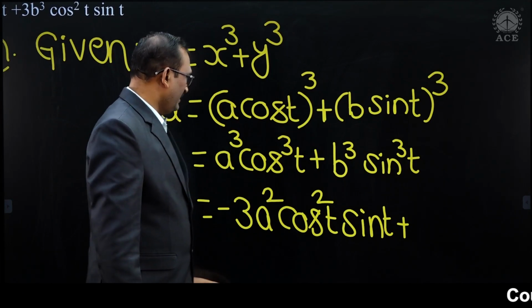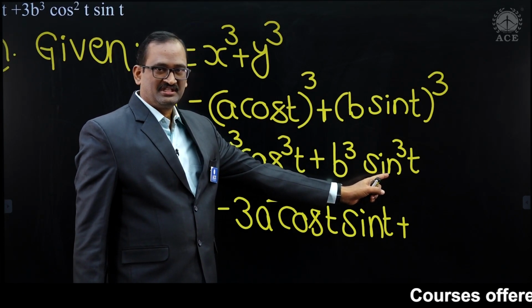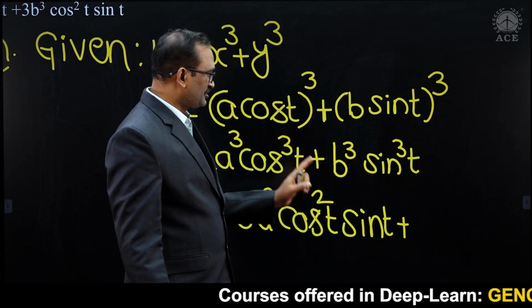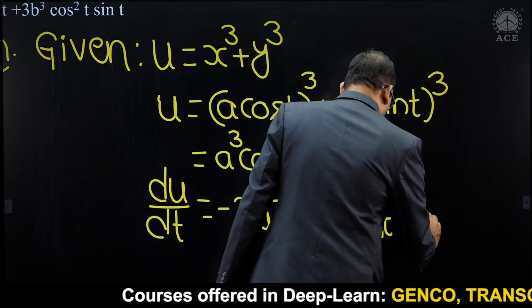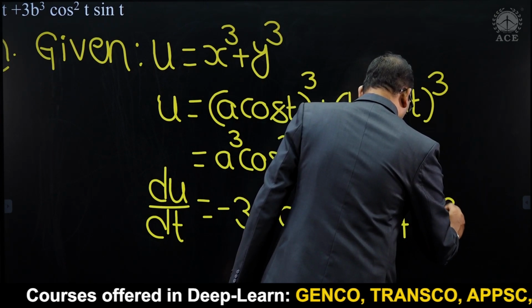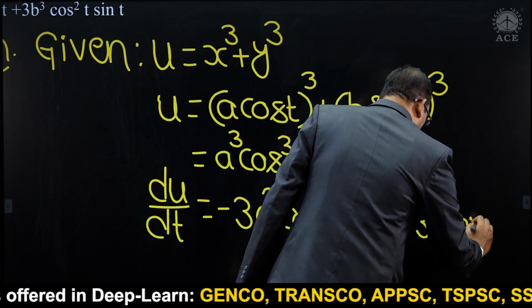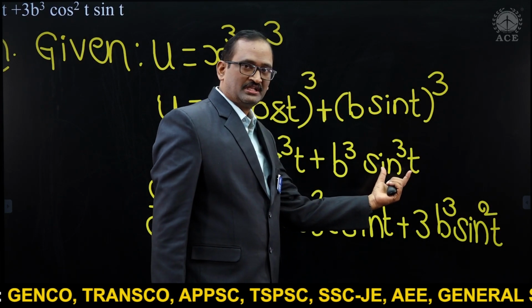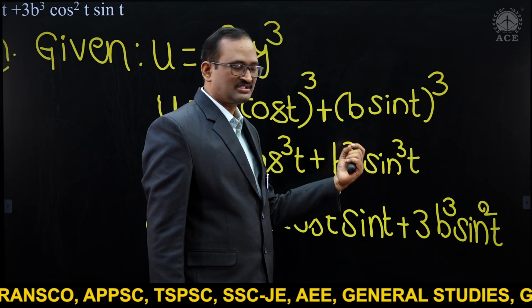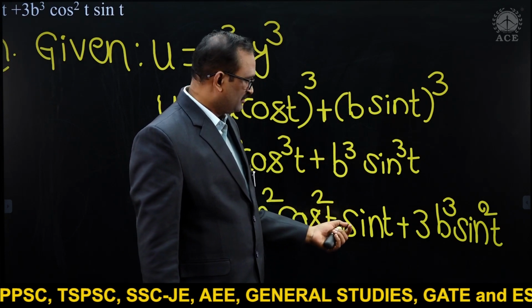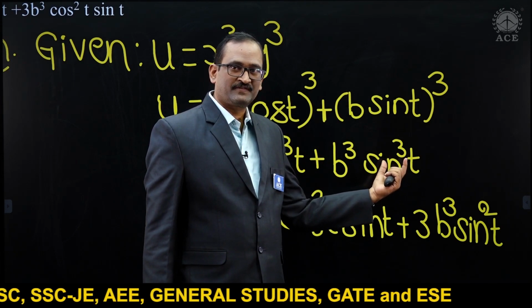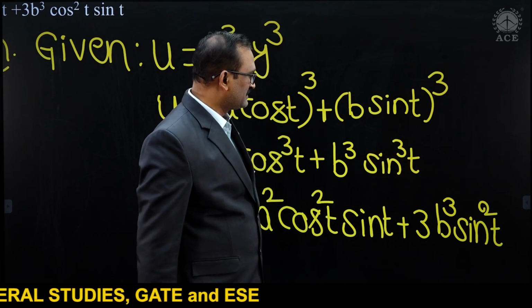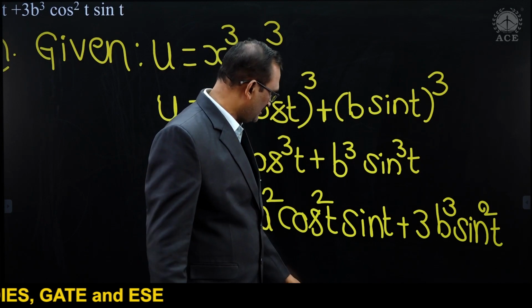Now, similarly, assume sin t as t. Then it becomes t cube. T cube derivative 3t square. So, 3 into t square, that is 3 into b cube, t square. T means sin t whole square, that would be sin square t, but it is not t. The function which we have assumed as t is not really t. So that's why it should again be differentiated one more time with respect to t. Sin t derivative with respect to t, that is cos t.